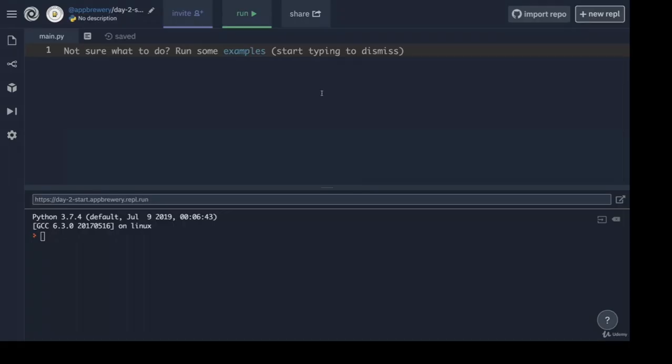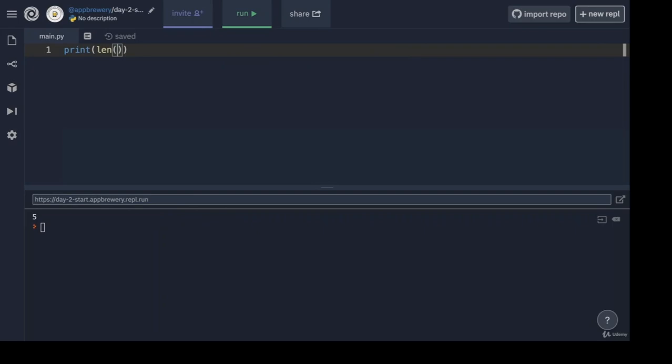Yesterday, you saw that we could use the len function to get the number of characters in a string. So, for example, when I write len hello and I print this out, we end up with 5. There's 5 characters in the string hello. Now, here's a question. The number of characters in a string, if I put in a number